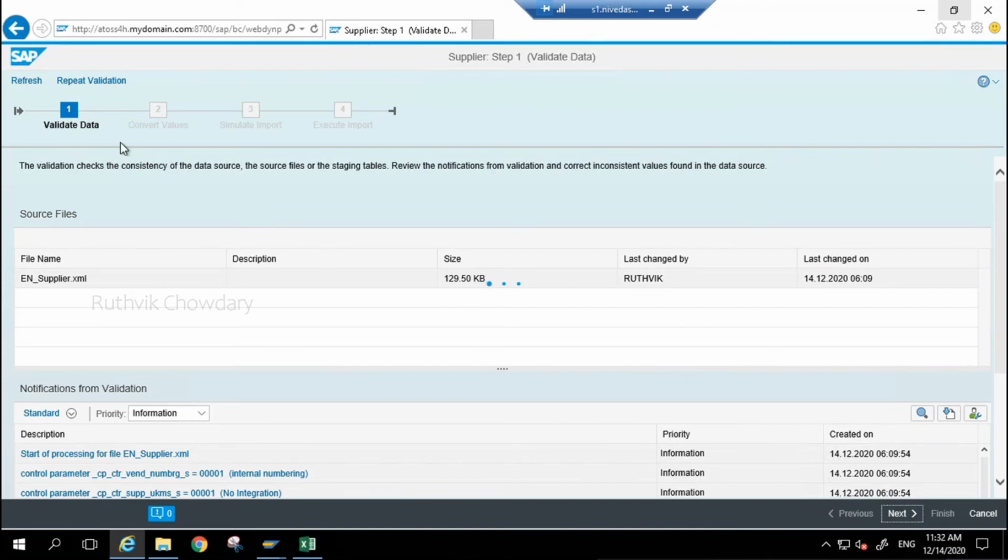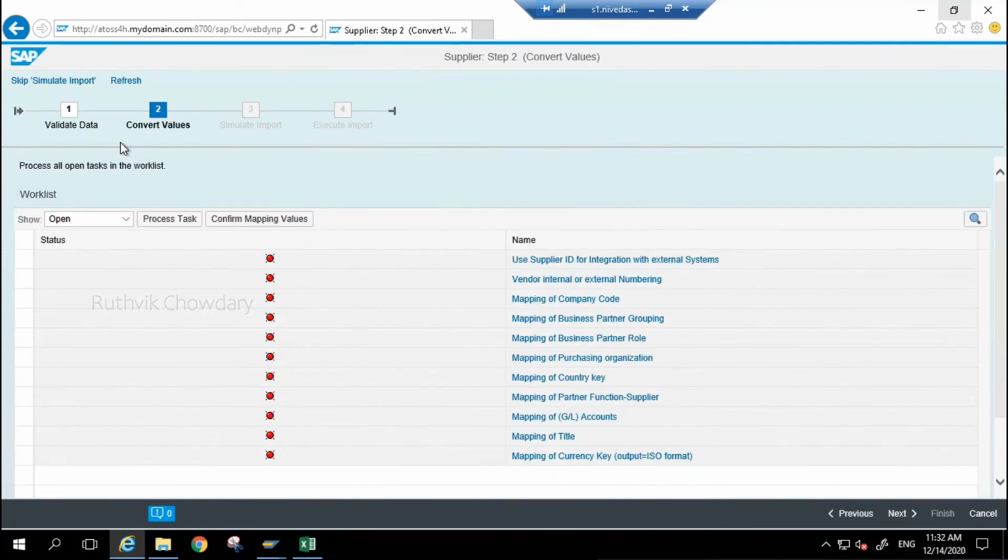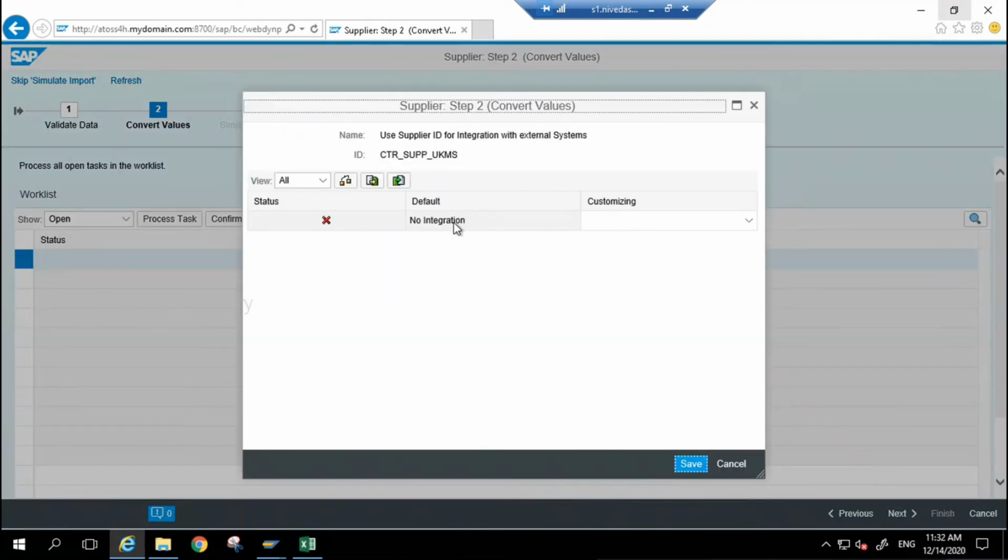So now we will do the data mapping. So what value you have maintained and what SAP, so it will do auto mapping. So two things you have to do manually. That is whether you are going to have a supplier integrated with the external system, or what is the number range. So these two things you have to give manually. So just we will click on this hyperlink. So by default it has taken no integration. So whether you need to reconfirm. So whether you are having integration or not having any integration. So because this particular supplier we are having integration with any third party systems or not, we need to type. So no integration. So check. So here the status has to change to green and then save.